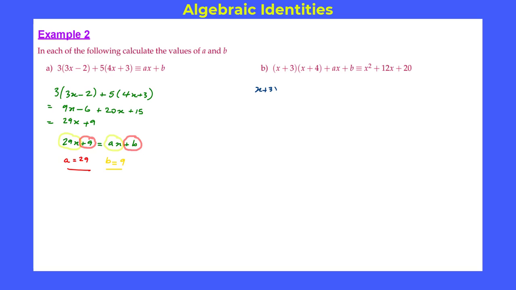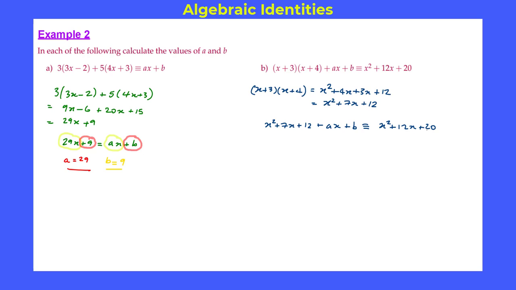Second example, expand out the brackets, first of all, same as before. So remember, multiply every term in the first bracket by every term in the second bracket and simplify. And then write out what we've got. So we've got x squared plus 7x plus 12 plus ax plus b, and that equals x squared plus 12x